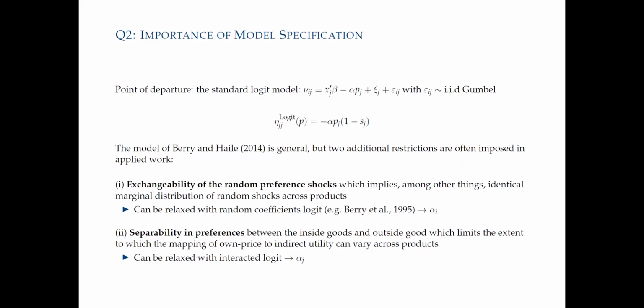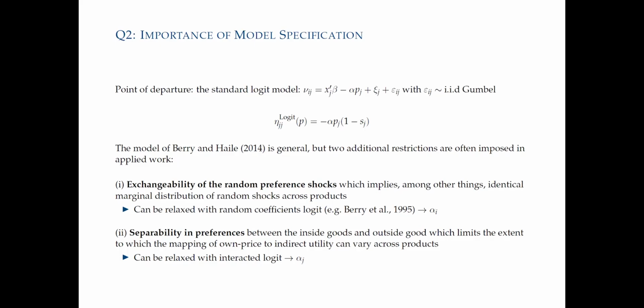So now our point of this part is, again, Berry and Haile: you have this very general model. Logit is a very special case of this. You can show that you can get logit under a series of assumptions. Two that we're going to focus on are extensibility of the preference shocks, which implies the same random distribution or marginal distributions. Another thing that Haile and Berry allow for is non-separability in preference between inside goods and outside goods. We're going to derive a relaxed version.